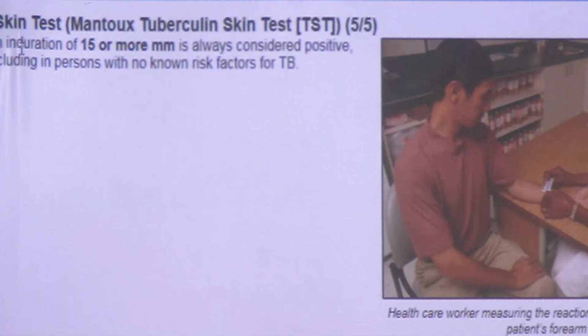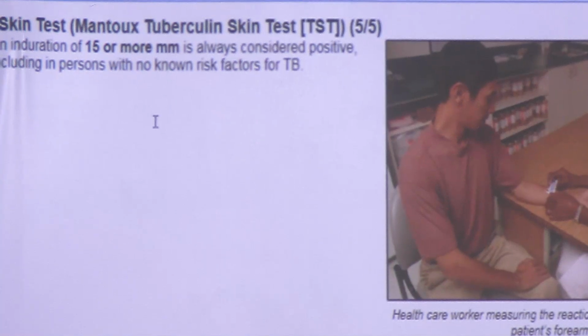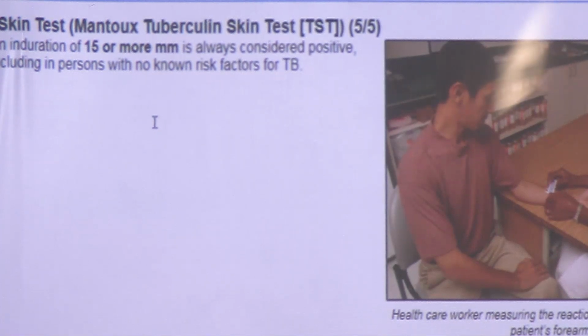Finally, if the induration is 15 mm or more, it is considered positive in persons with no known risk factors for tuberculosis. Suppose a person is from a country like the US or New Zealand, and is unlikely to come in contact with patients, not from a medical background, so no exposure, unlikely to have infection, not disease, even infection, and shows a high induration, then we will also consider this patient at high